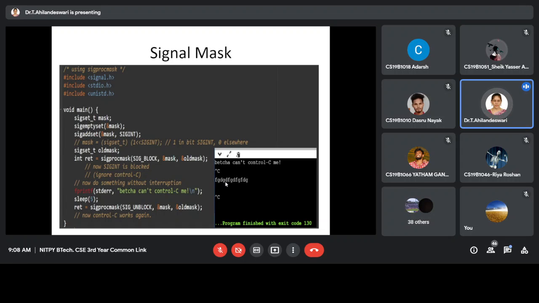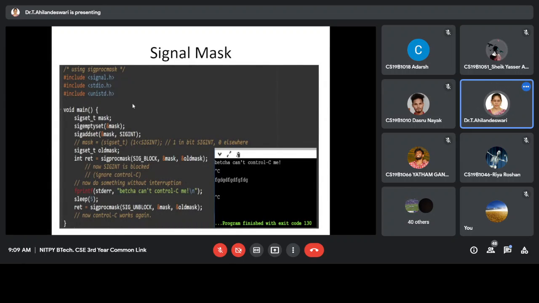So after that I am typing some statement. It is accepting the statement. After 5 seconds, then I am pressing Control C. Now it is having the control. So signal process mask, here I have unblocked. So unblocked means I removed that signal. So Control C terminates the process. Okay, so after 5 seconds, I have unblocked the signal. So I have removed that signal. So now Control C will have an effect so that it terminates the process.